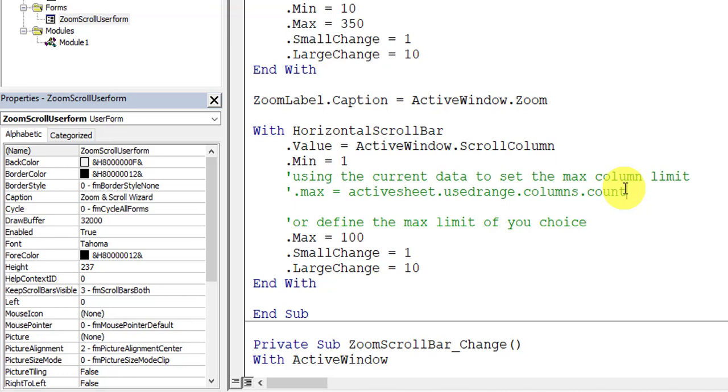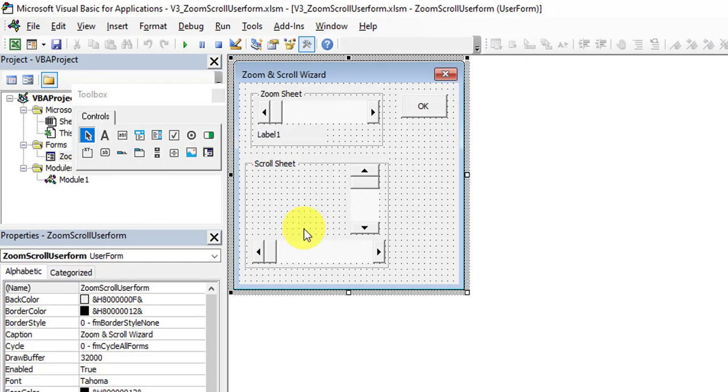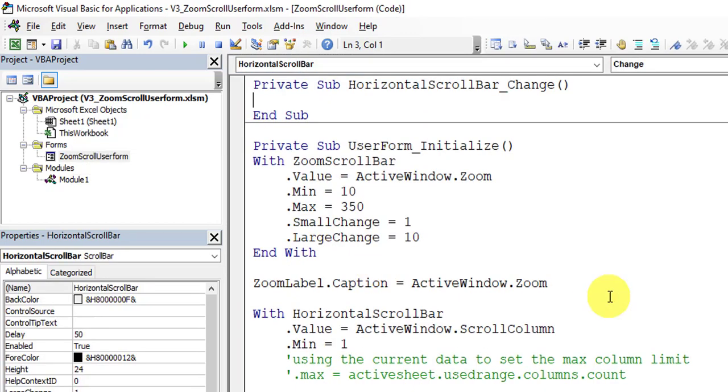For this, we need to add a set of code in the horizontal scroll bar change event. Click on the user form, double click on the horizontal scroll bar. A new procedure is created for the horizontal scroll bar change event.